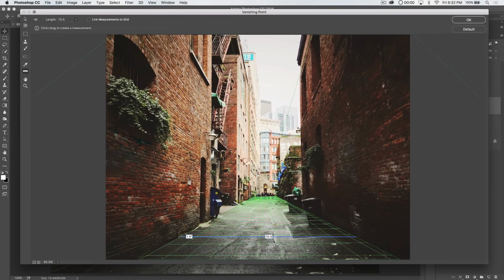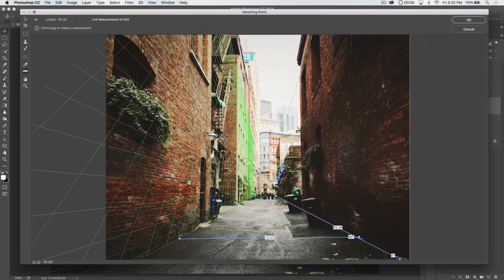So that's really neat. I'm going to undo a couple times here to get rid of that measurement. Another cool thing you can do with the measurement tool is you can simply double-click on any plane, and it's going to set rulers going lengthwise and widthwise. You can click any of these rulers and drag them back a little bit. See, so this one I can just drag it right over and say, all right, look, it's 10.3 from side to side for that perspective grid, and then you know that it's a little over 10 1/3 feet, let's say,